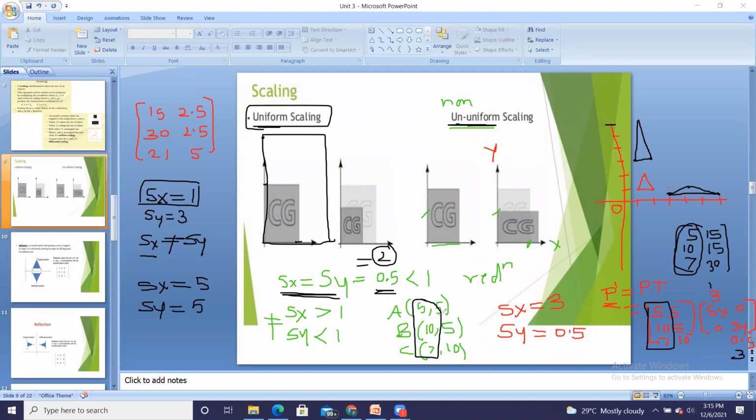And then when I multiply this with 5, 5. So this is your P original triangle, and I will multiply it with 5, 5. So 5, 0, 0, 5. Diagonal elements are responsible for scaling. So this is the question, very favorite question in objective type. Which factors or which elements are responsible for scaling? So always remember that diagonal elements are responsible for scaling, and off diagonal elements are responsible for shearing.